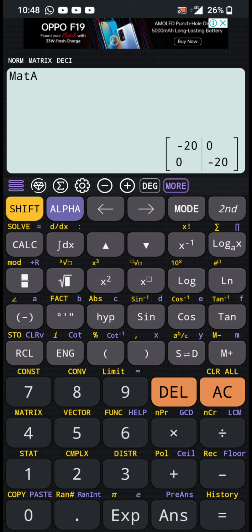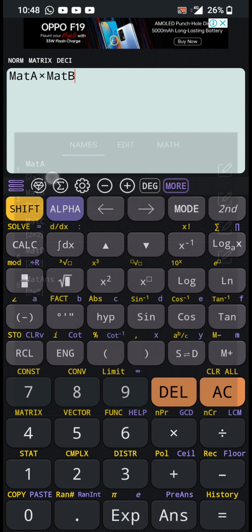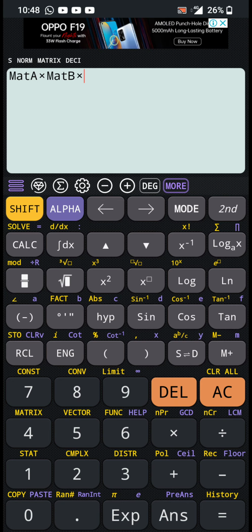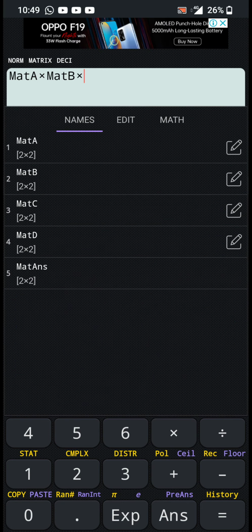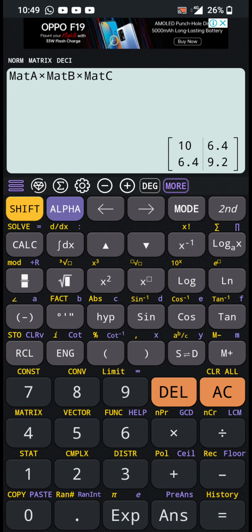Then do multiplication: shift then 4, choose matrix B, then multiply, then shift, 4 again. We want matrix C, so press like this. We'll get the multiplication of all three together: 10, 6.4, 6.4, 9.2.